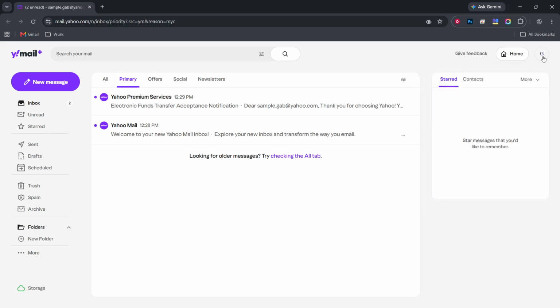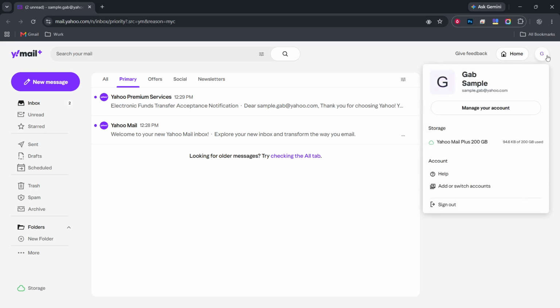Doing this opens a small menu. This menu contains several options related to your account, such as settings and account information. It is important to locate this menu as it is where the sign out option resides. Clicking here allows you to manage your account settings conveniently. This step is straightforward and helps streamline the logout process, ensuring you can exit efficiently.